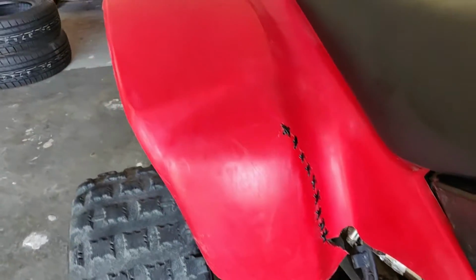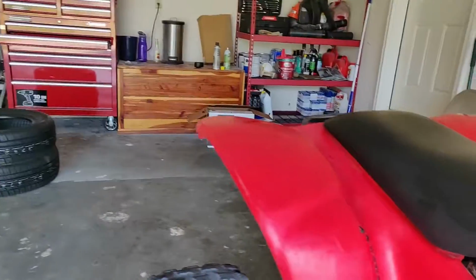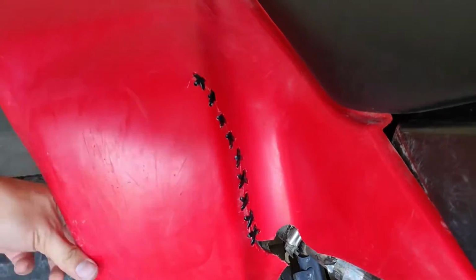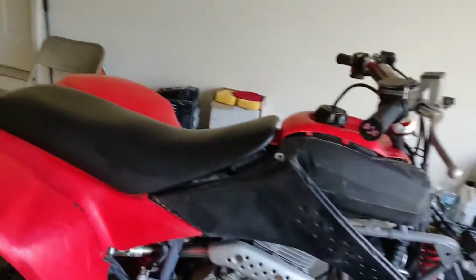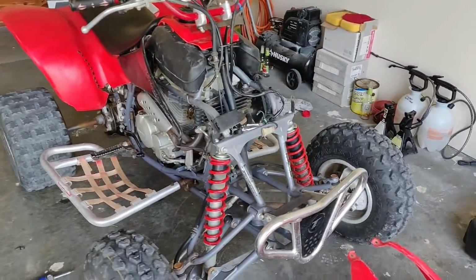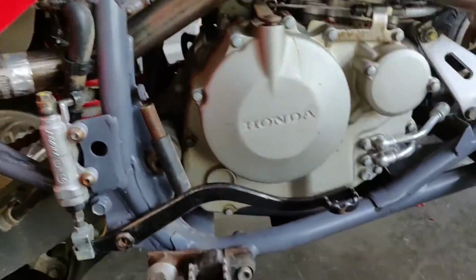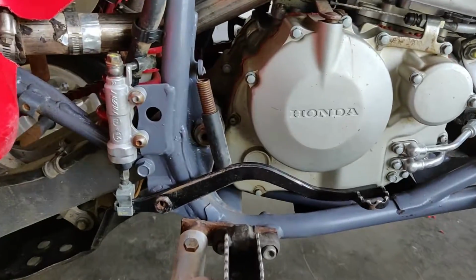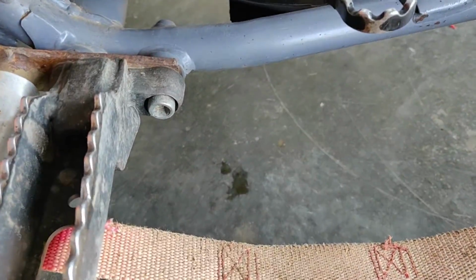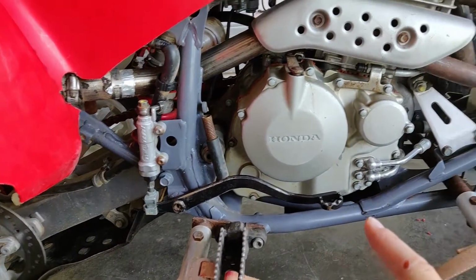I did finish this little stitching I did over here, which looks alright, but stops this piece of plastic from flapping around, so that should work out pretty well. But just to update you guys, I did my other oil change on it, and the RTV gasket I made is holding up pretty well. Don't have any oil leaks. That's old oil sitting there, but don't have any oil leaks anywhere, which is good. Alright,